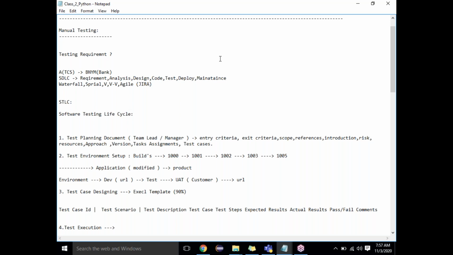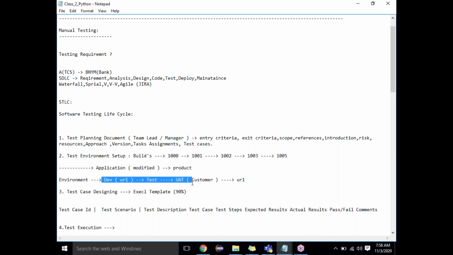So environment setup means that before I test an application, I have to make sure which OS I'm testing. They will ask us very clearly to test the application in different environments. Normally in a company there are three environments available: dev environment, test environment, and UAT environment. What do you mean by dev environment?